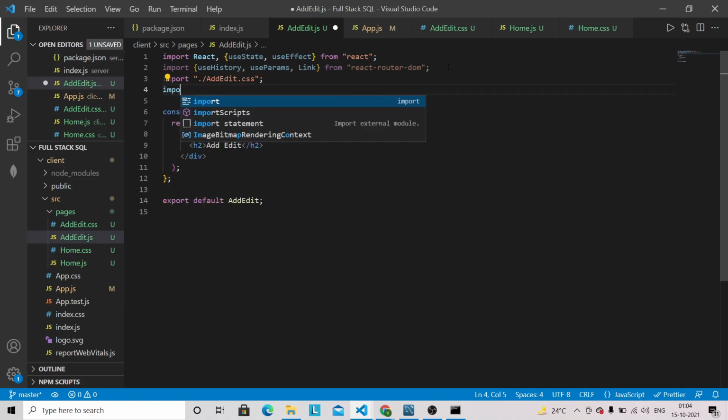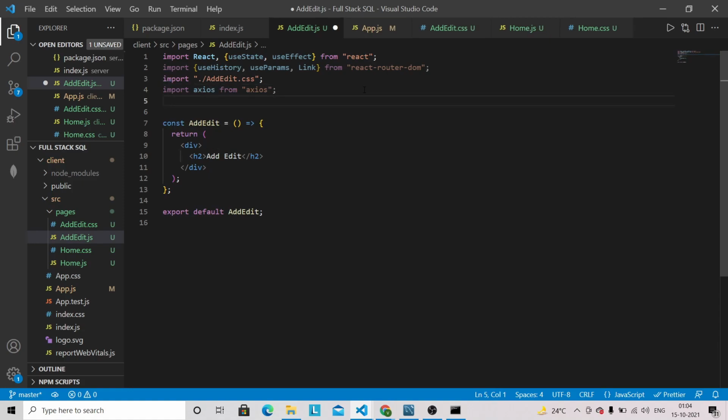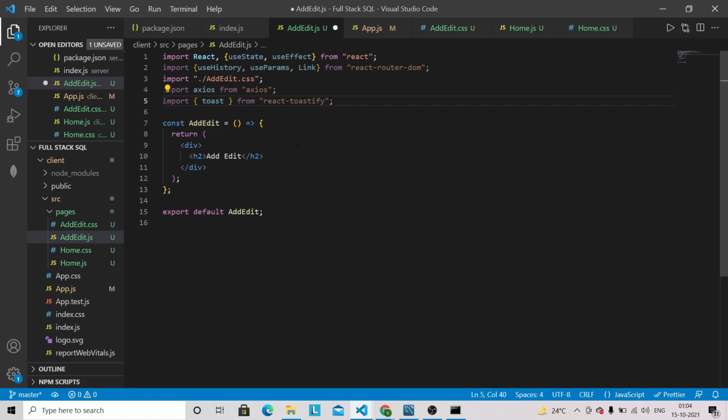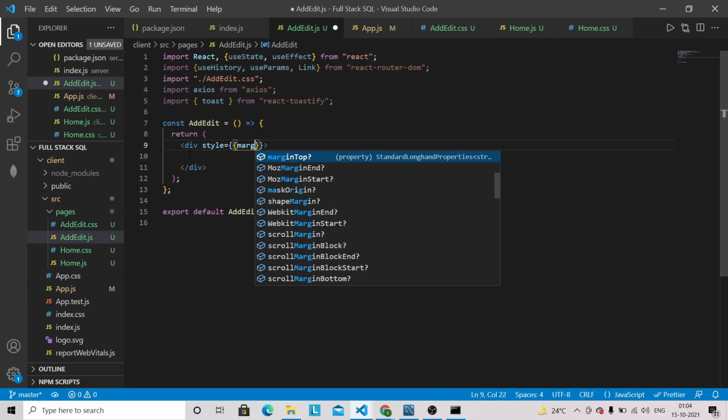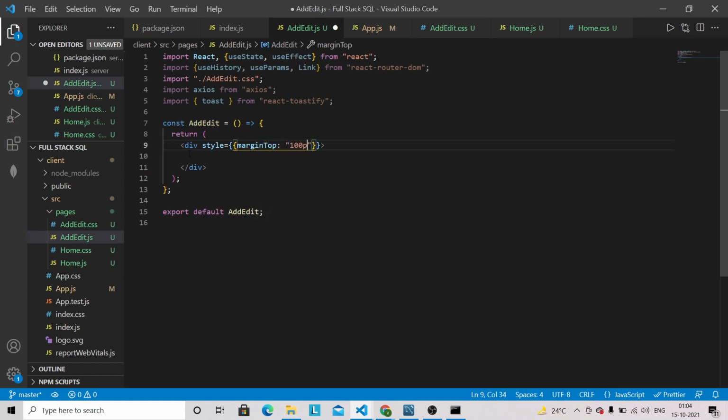We need to import Axios as well to make the API request, and let's bring in the toast as well. So we got this toast as well. First we will work on our form component. So let's remove this title and let's give this styling. So margin top, I'm going to give 100 pixel,